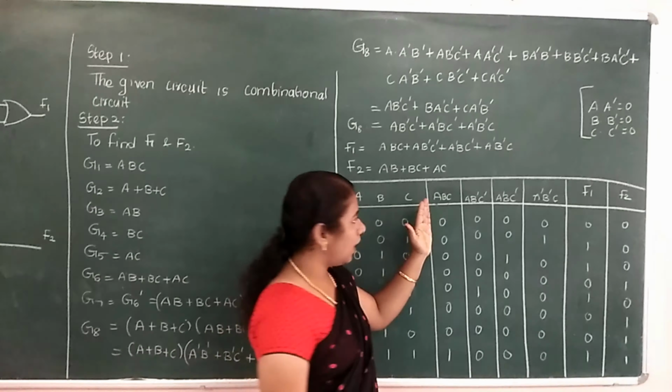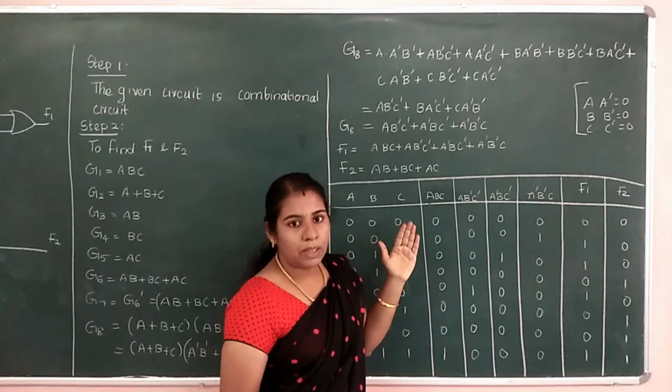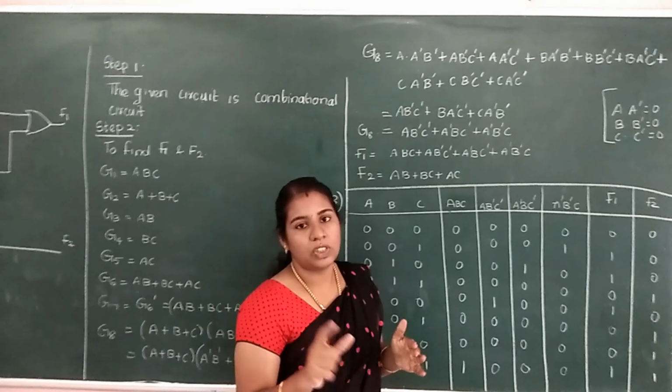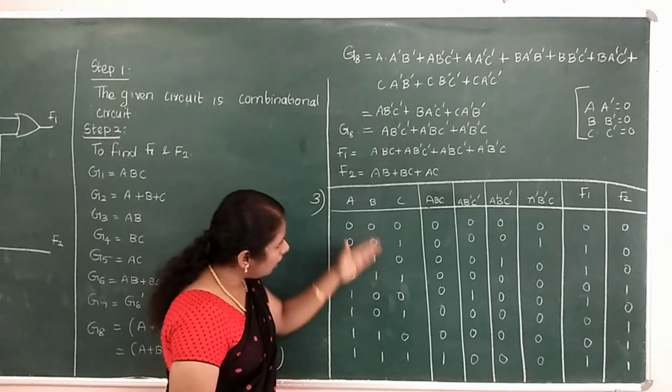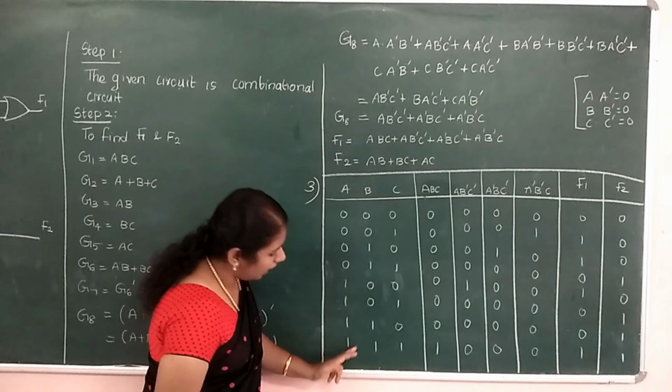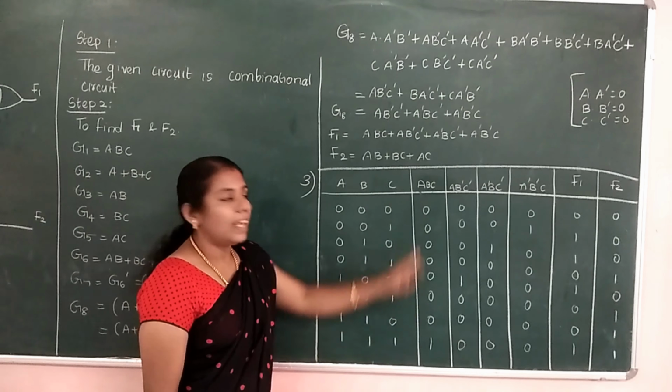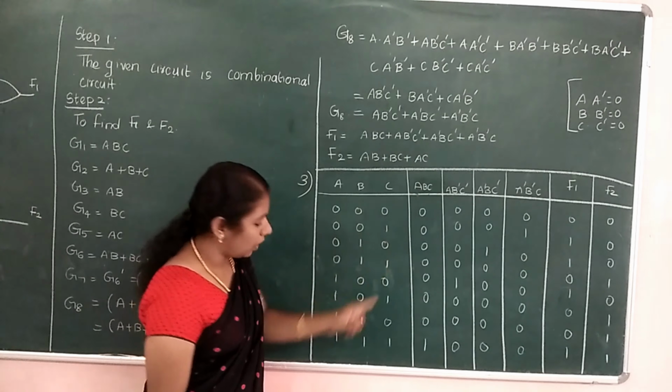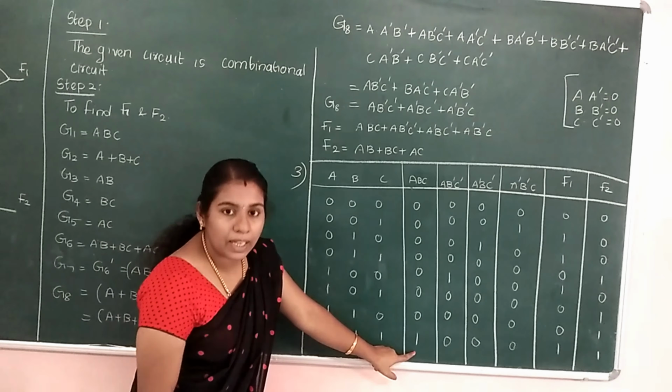Here first we want to say what are the possible input combinations which generate the output function as 1. If all the inputs are 1, it should generate the output as 1. So A into B into C: if all the values of A, B, C are 1, the output will be 1. So here we check when all the inputs are 1. This is the last case. In this case only the ABC term generates the output as 1. So for this one alone it generates the output.